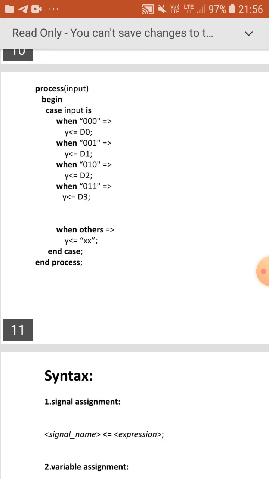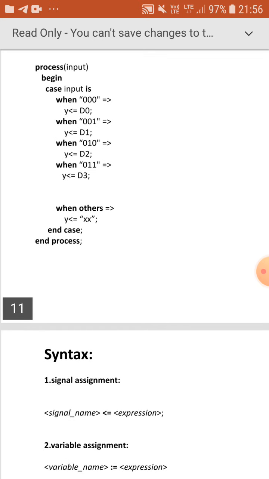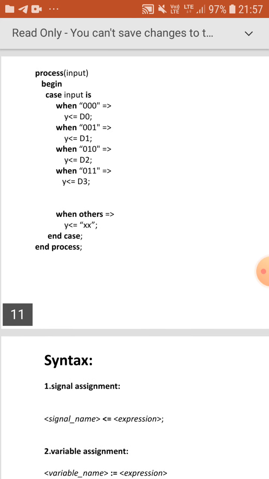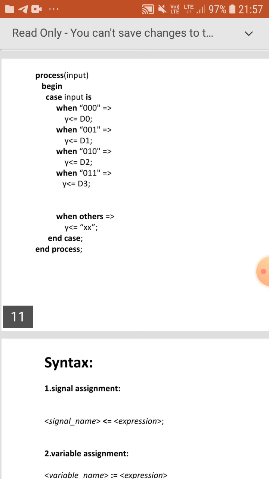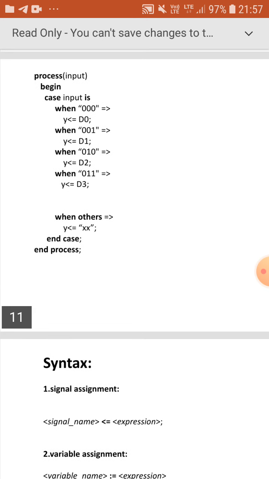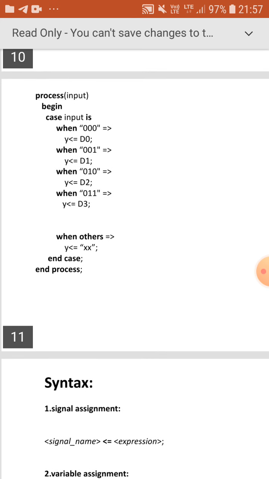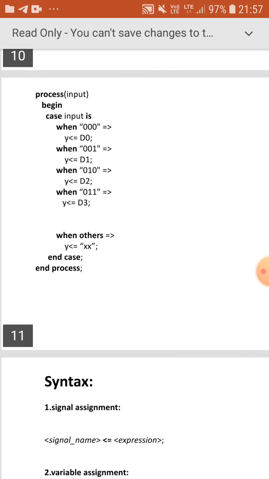First it checks if input is 0 0 0. If it is satisfied, then D naught will be assigned to Y. If it is not satisfied, then check input is 0 0 1. If the input is 0 0 1, then D1 will be assigned to Y, like that. So if you want to execute a number of statements in sequential manner, then you have to use process statement.